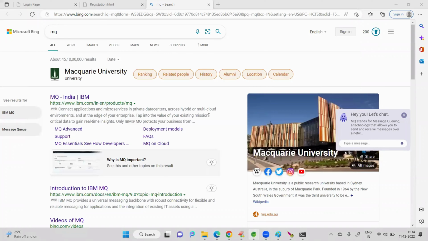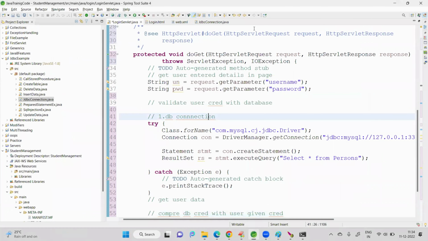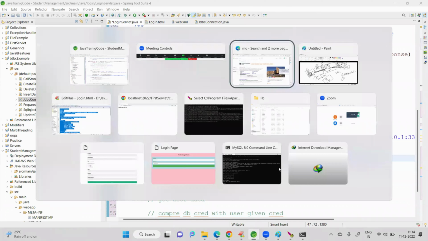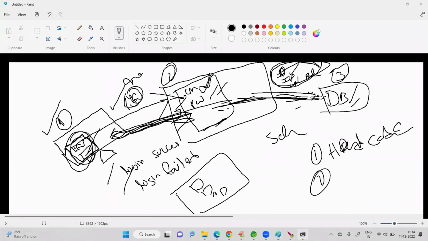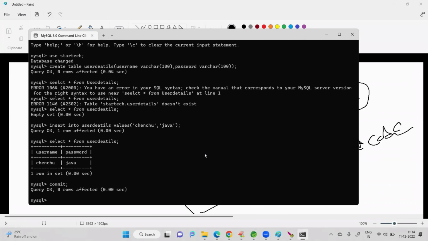Now we'll write code to fetch data from the user details table, to check that the data is there. I'm giving the username as Chenchu and the password as a string. How will we check? We write one simple query, maybe with a where condition. For example, select star from user details where